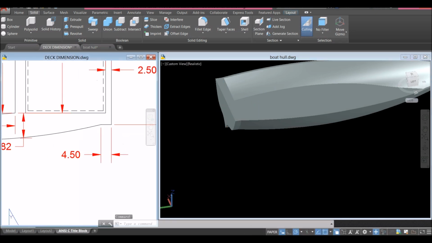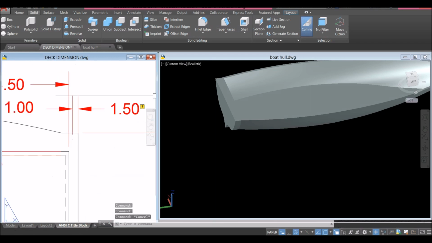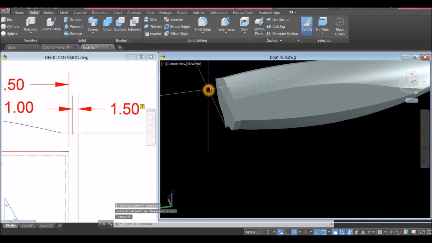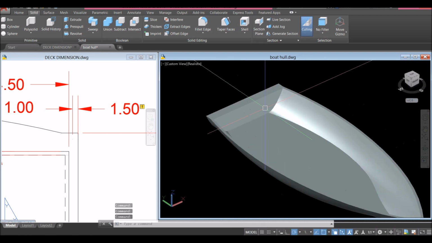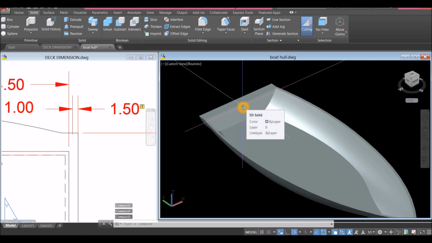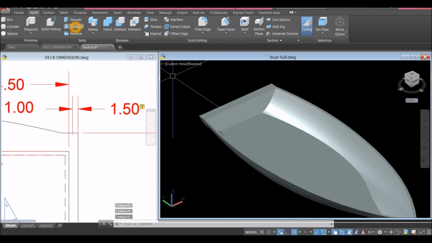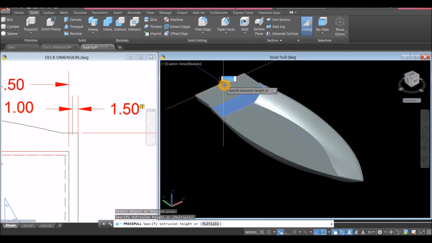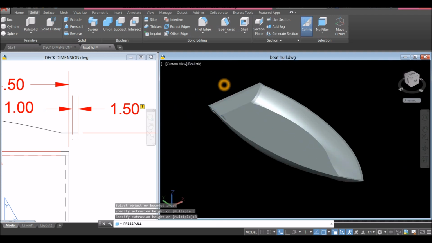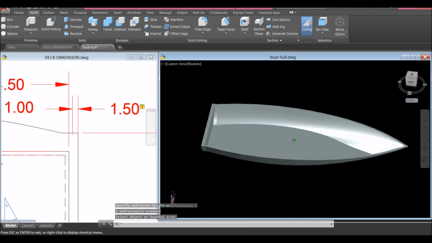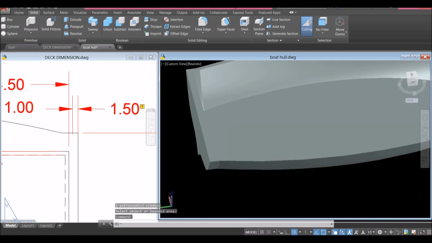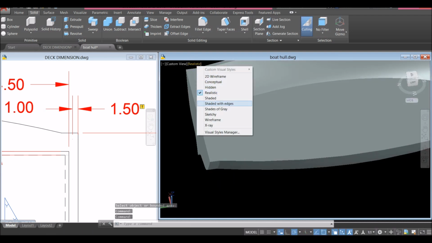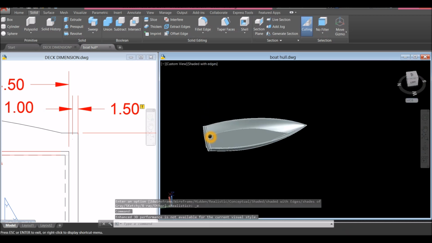And then push it in. As you know, the thickness is 1.5. So 4.5 minus 1.5 is 3. So what I'm gonna do is press this one. Press this one for 3 units towards that direction. There you go. Alright. So I'm going to change my drawing into shaded with edges,